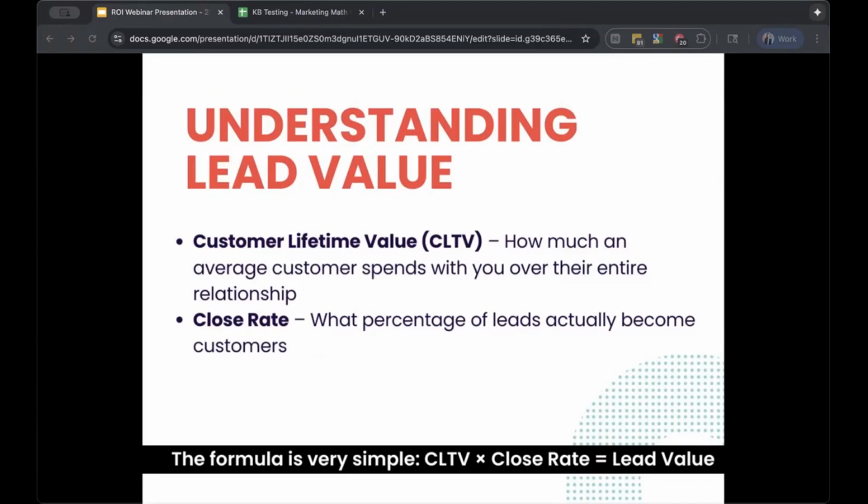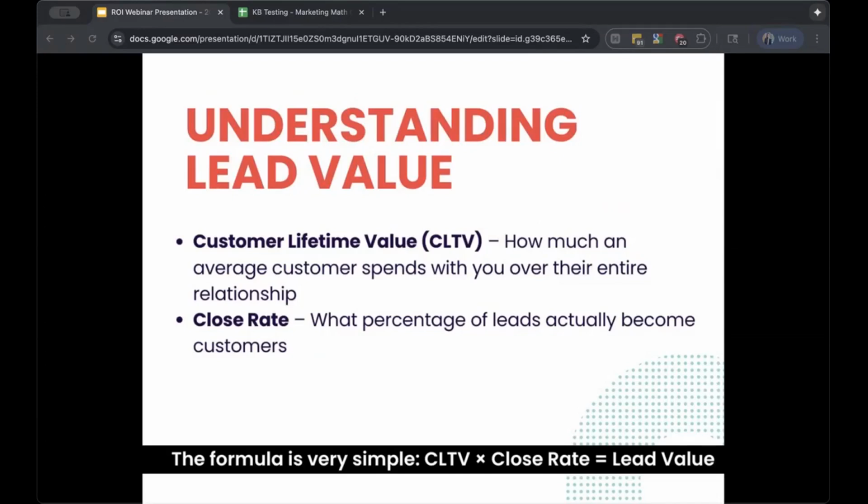So for the purpose of usability and simplicity of the tool, we are labeling this deal value. So if you just have a $1 amount that you know and that's consistent, feel free to plug that in. But if you know your customer lifetime value, it's even better because it gives you a more accurate view of the actual customer value over the entire life of that customer's relationship.